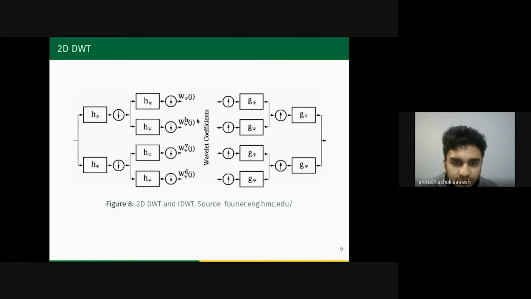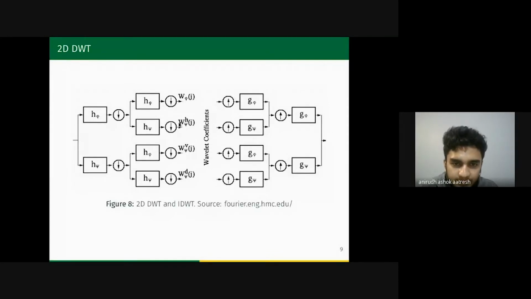These frequencies are the ones that we have to process to denoise the image. An important property of these wavelet coefficients, as I stated earlier, is that a noisy image has higher coefficients over here. So basically, W H psi of j, W V psi of j, and W D psi of j are not sparse.